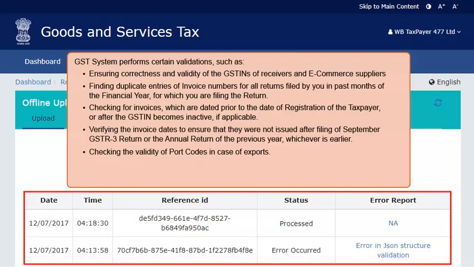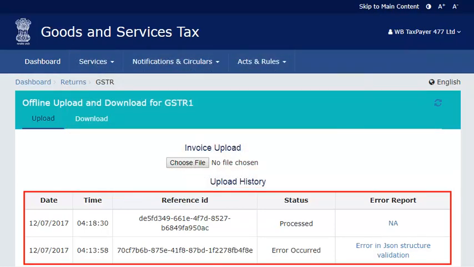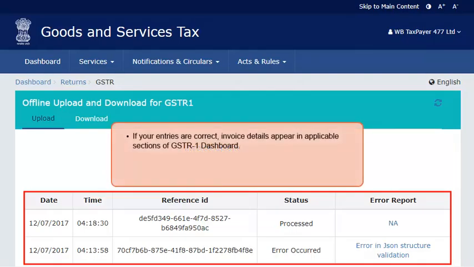Checking the validity of port codes in case of exports. Matching of credit and debit notes against uploaded invoice details. Identifying the validity of HSN codes if declared. The status of uploaded details gets updated once the processing and validation completes. If all the entries were correct, you should be able to see the invoice details on applicable sections of GSTR1